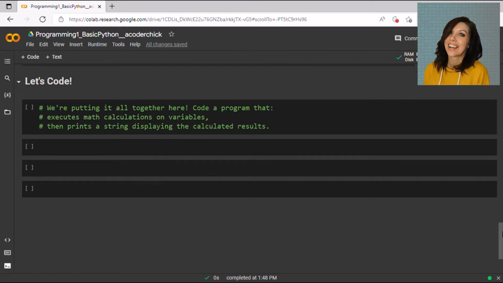So let's write a very simple Python program that executes math calculations on variables, and then we'll print an output of a string that displays the calculated results. And don't be intimidated by this mathematical, programmatic language. You already know this. We are just putting it all together. And for my example, I'm going to calculate the average number of people hired at my company this month. So we'll write that in a comment, starting with a hash, and this program